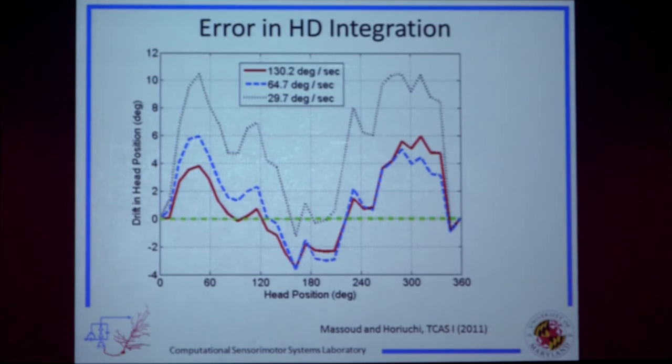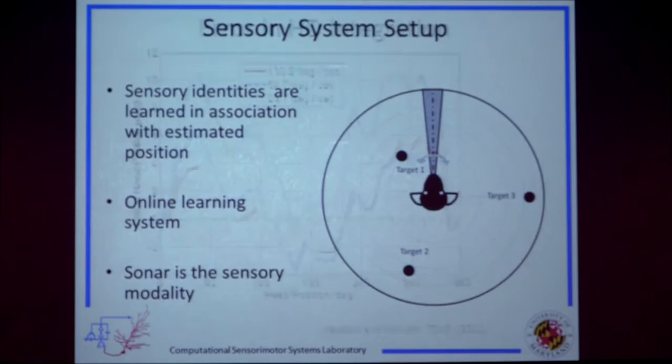Inevitably, in any sort of integration system like this, there's going to be drift or error or leak. We were able to quantify some of this. Of course, this means that your estimate of position, your estimate of angle, is going to drift over time, and it's known that it does in biology. But the saving grace is that if you can remember that a certain direction corresponds to a certain sensed object in the world, you can phase reset. This is a system that we demonstrated. And it's believed that this is a very